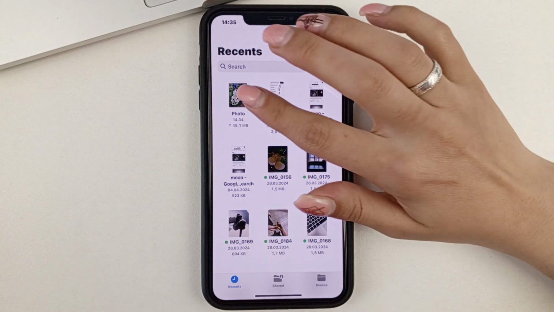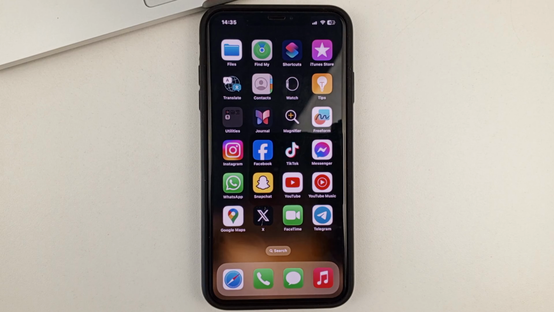Also, to make sure that it's actually already in PDF format, you can click on the image, and a menu like this comes up, and you click on Information. And as you can see, it says it's a PDF document. So that's the easy way you can convert an image to PDF on your iPhone without any extraneous apps.